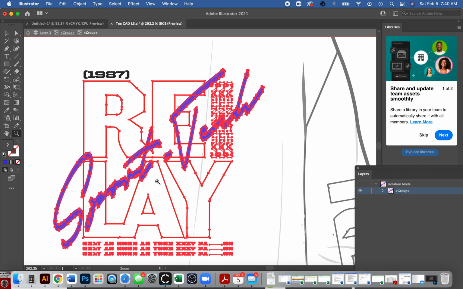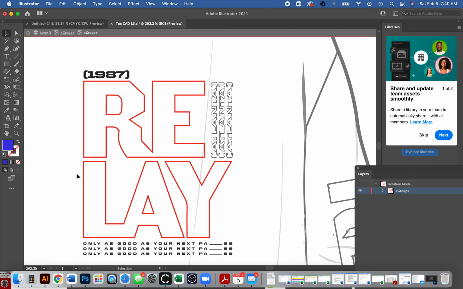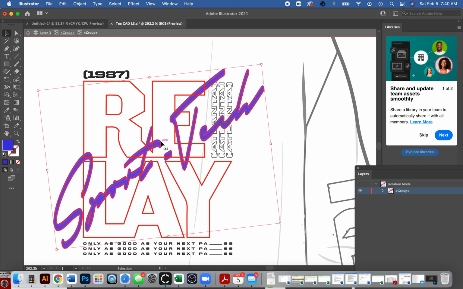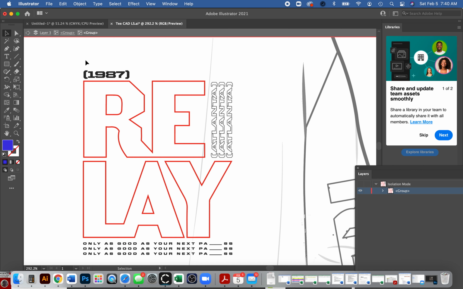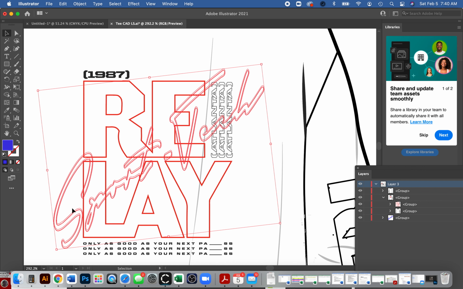Okay, so I'm going to zoom in. There we are. Okay, so let's say for some reason we want it underneath this red artwork. If I select this, I can say Command X. Now nothing is selected. If I hit Command B, oh dear, that didn't work. Oh, I'm in my layers. See how I'm still in my layers thing? So I'm going to hit Command X, and I'm going to double click. Click, click. Now I'm not in my grouping thing. I'm out of the group. Now, if I hit Command B, it pasted it on the very bottom layer. This is where it is.